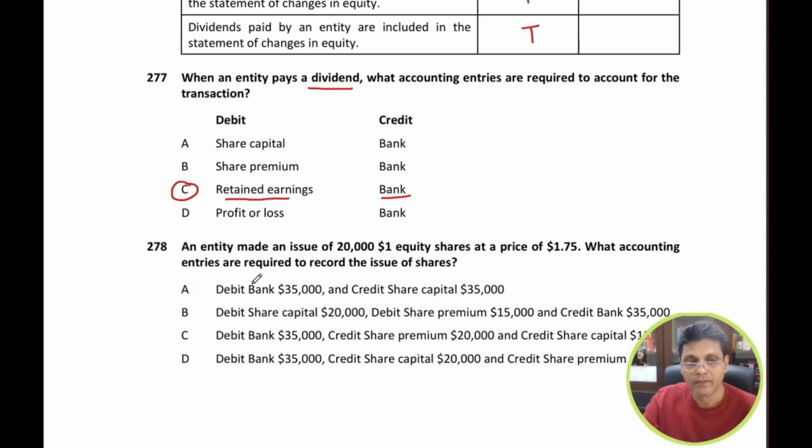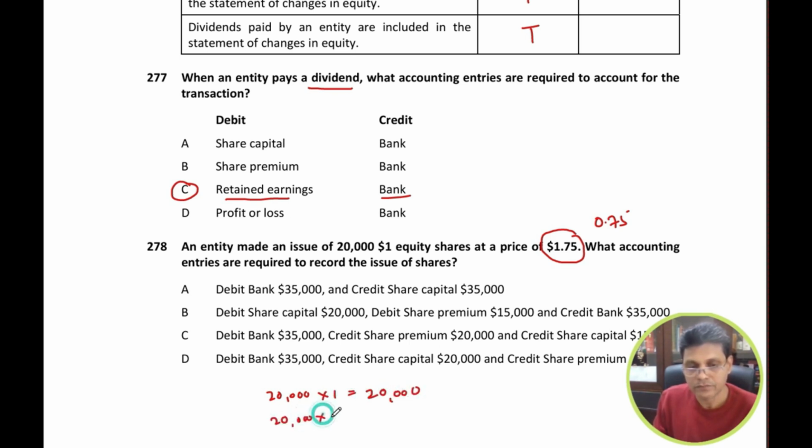Next question. An entity made an issue of 20,000 ordinary $1 equity shares at a price of 1.75. So there is a premium of 0.75. Okay. So what accounting entries are required to record the issue of shares? So basically 20,000 times 1 will be the equity, which is 20,000, and 20,000 times 0.75 will be share premium, which is going to be 15,000, and the entire amount of 35,000 will be debited